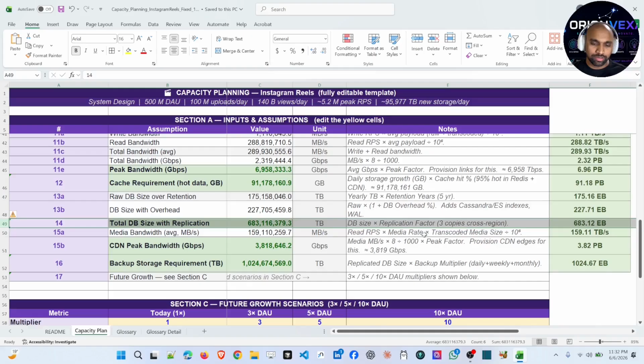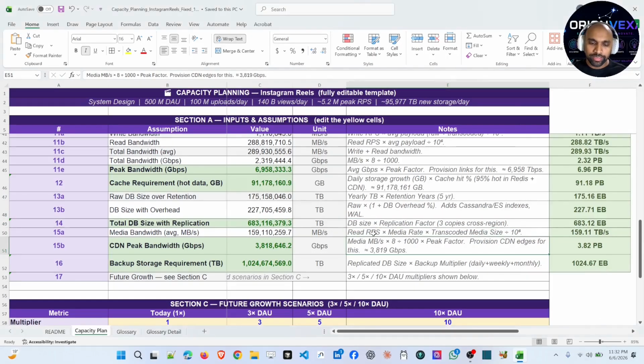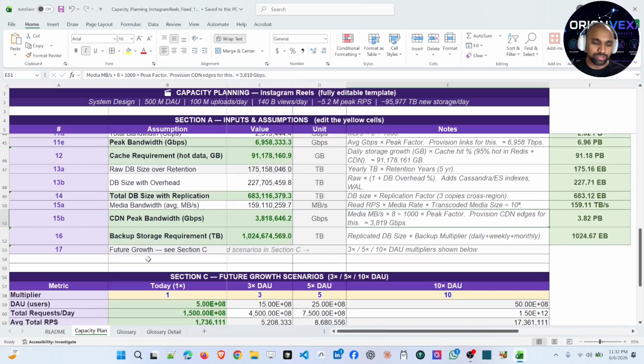Media bandwidth is read RPS times media rate times transcoded media divided by 10⁶. We will get around 159.11 terabytes per second. Next, come to the content delivery network peak bandwidth. It's around 3.82 petabytes, the content delivery network peak bandwidth, and the backup storage requirement is the